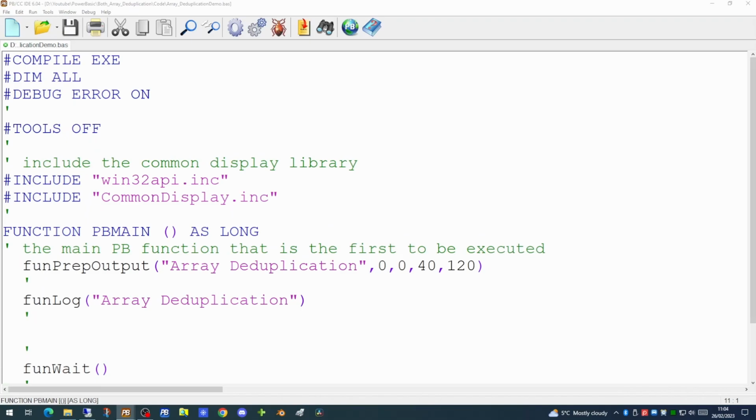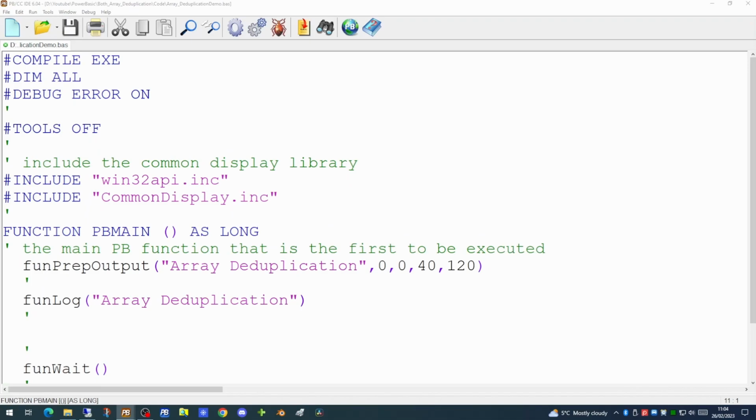When you're designing an application from scratch, it's always good to have a rough sketch of how the application is going to operate. And that's how we're going to approach the code today. We know that we're going to need some data, and this data is going to be loaded into a source array. We're then going to use the data within that source array to populate a second array, and the data within this second destination array is going to be deduplicated.